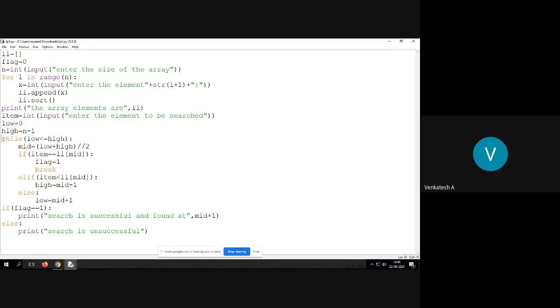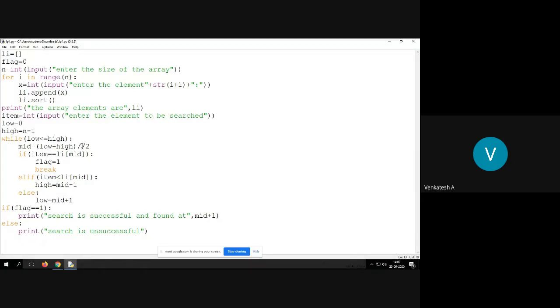Then check: until low is less than or equal to high, we know that low is always less than or equal to high. If that is the case, calculate the mid. Mid is equal to low plus high by 2. Let us assume now the n value is 10.